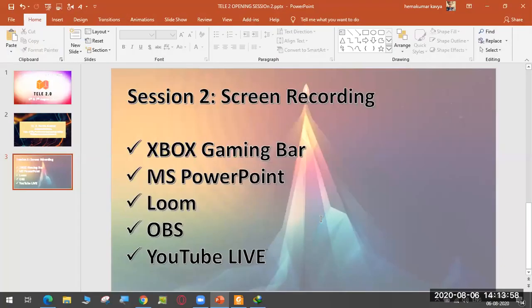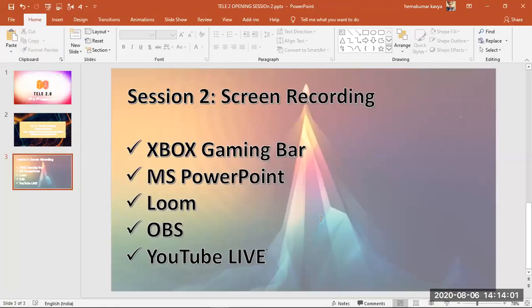OBS for live recording. So that's the power of OBS. Even though OBS looks a bit messy, you don't need to spend a single penny to make yourself live. Suppose you are doing a webinar, with other software you need to install extras, but in OBS, only OBS is required. You don't require anything else. And you can use YouTube Live with OBS.